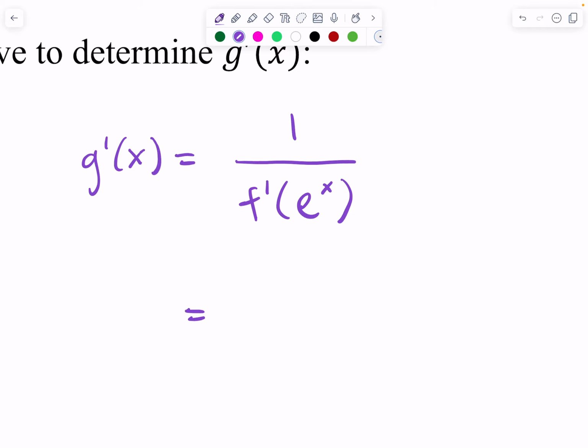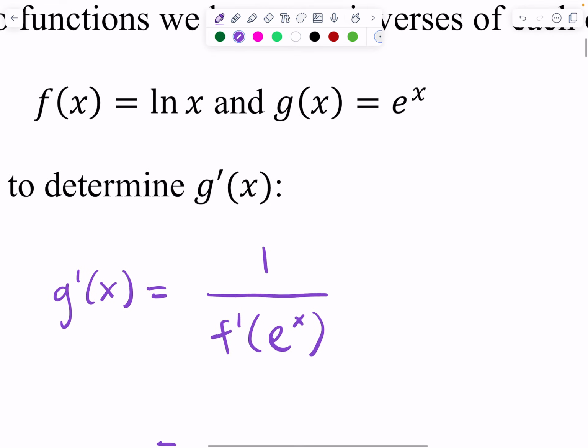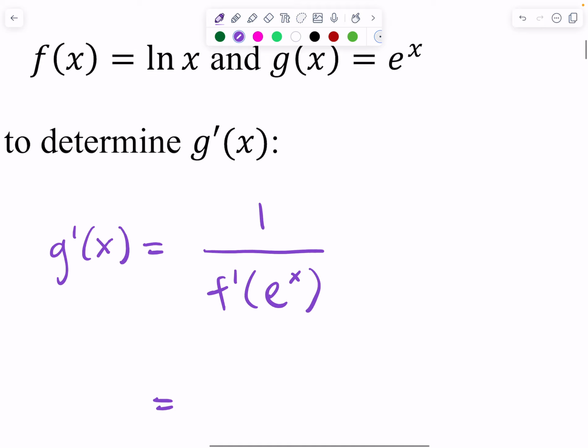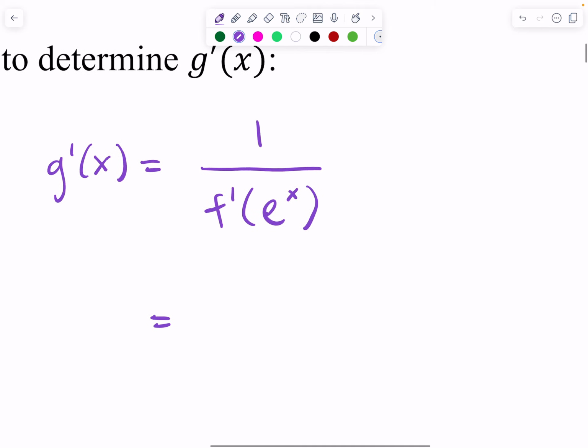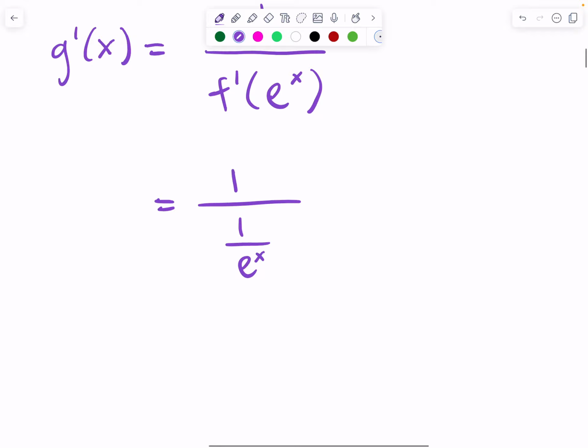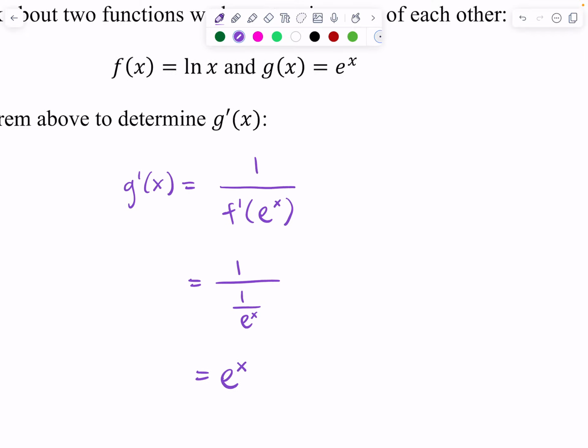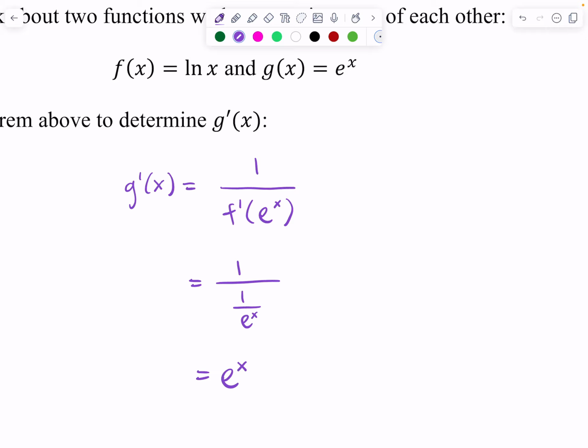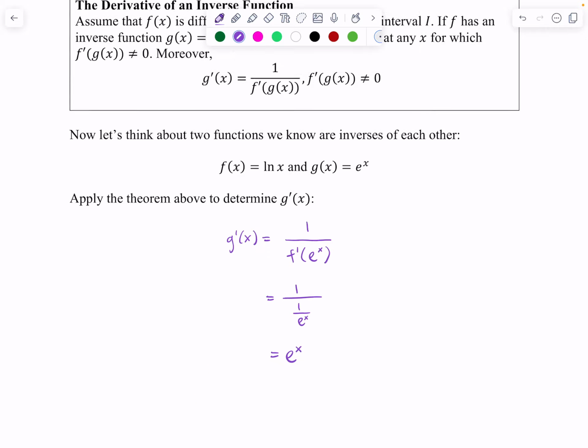So then we think about, well, what is f prime? f prime is the derivative of natural log, which is 1 over x. So we would have f prime of e to the x would be 1 over e to the x, which 1 divided by 1 over e to the x is just e to the x. So what this says is that the derivative of e to the x is e to the x. Weird,